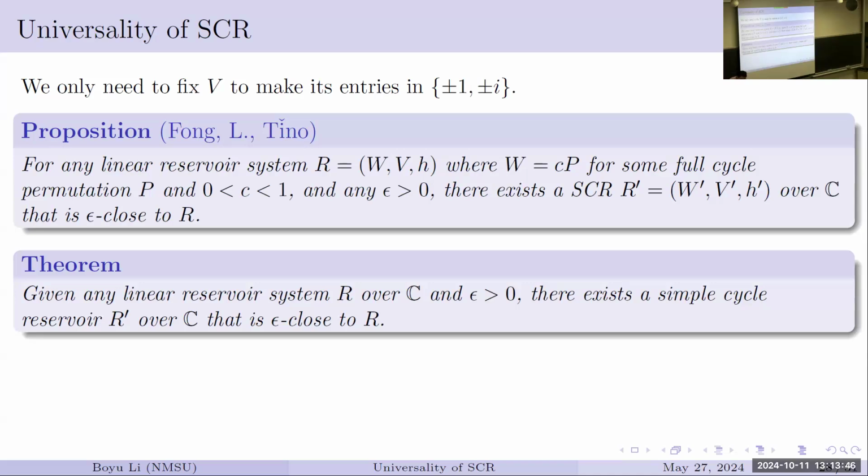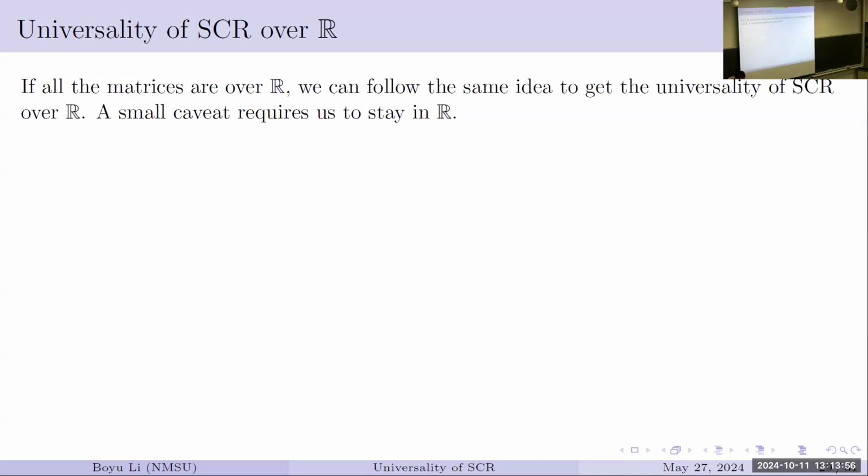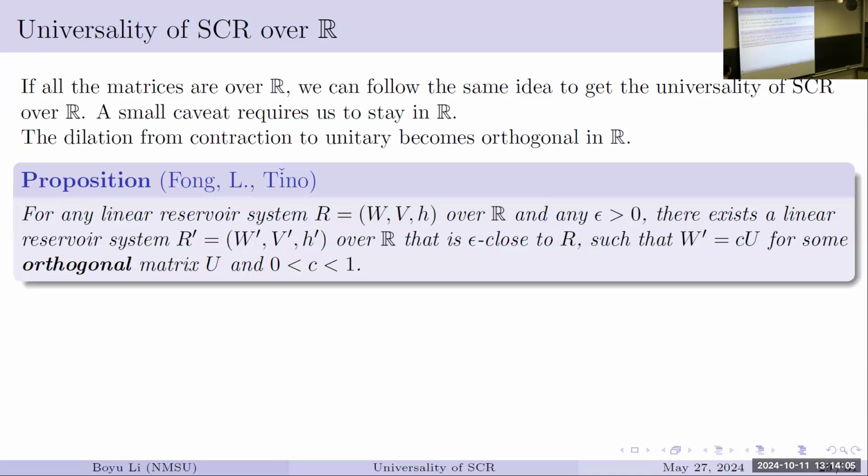I just want to briefly talk about the real case. A lot of the time when you implement stuff, you don't like to carry around this +1 - I. So in the real case, I think they're extremely similar. There's a small caveat. When you do the dilation, as we talked about the dilation part, instead of a unitary, you do exactly the same trick. You get an orthogonal matrix. So if we just rewrite our entire proof, we get an orthogonal matrix instead of a unitary. That's not a big problem.